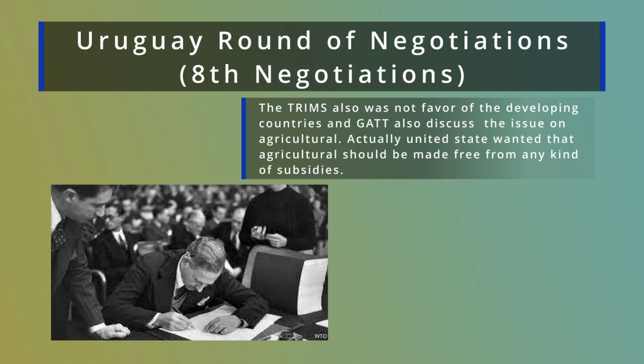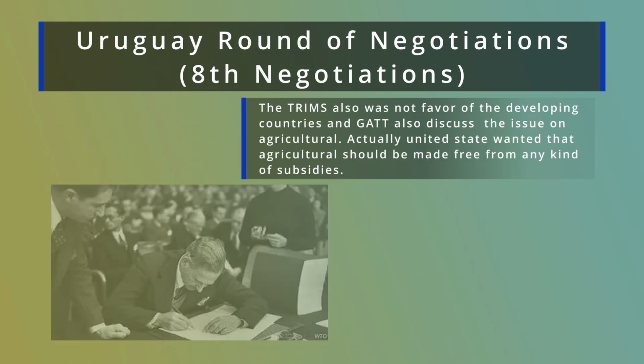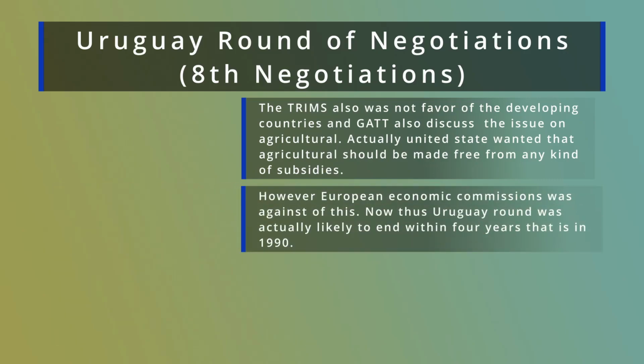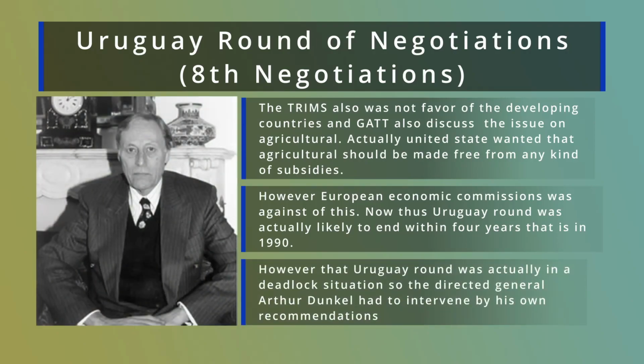And GATT also discussed the issue of agriculture. Actually, the United States wanted agriculture to be made free from any kind of subsidies. However, the European Economic Commission was against this. Now, this Uruguay Round was likely to end within 4 years, that is in 1990. However, the Uruguay Round was in a deadlock situation, so the Director General Arthur Dunkel had to intervene by